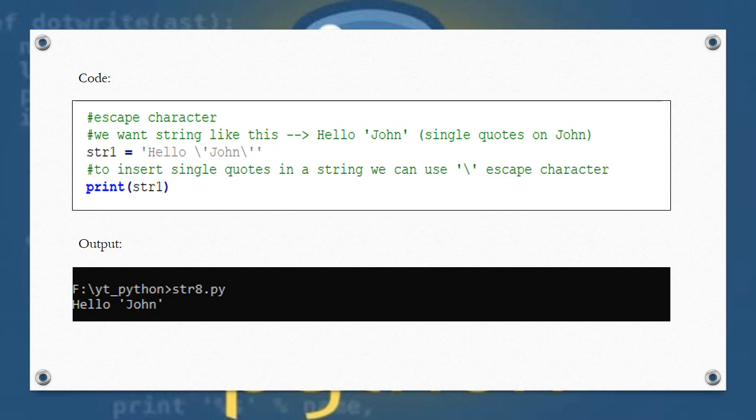So when you print this string, you will get hello John as we expected. So to insert single quotations, we are using the escape character backslash in a string. Like this, we can use other escape characters for the string also. Let's see how many escape characters we can use like this and study it.